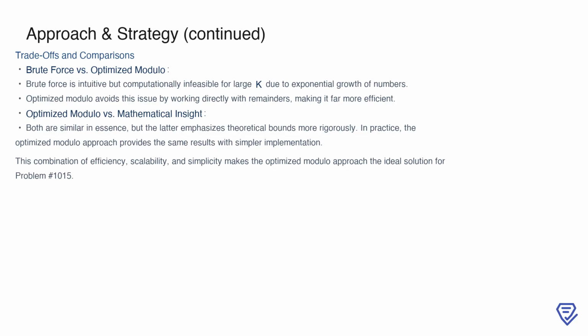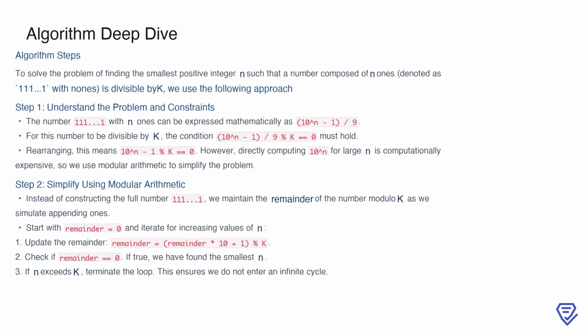However, the mathematical approach places more emphasis on theoretical rigor, whereas the optimized modulo approach achieves the same results with a simpler and more straightforward implementation. This balance of efficiency, scalability, and simplicity makes the optimized modulo approach the ideal solution for solving LeetCode problem number 1015. To solve the problem of finding the smallest positive integer n such that a number composed of n 1s, like 111...1, is divisible by k,